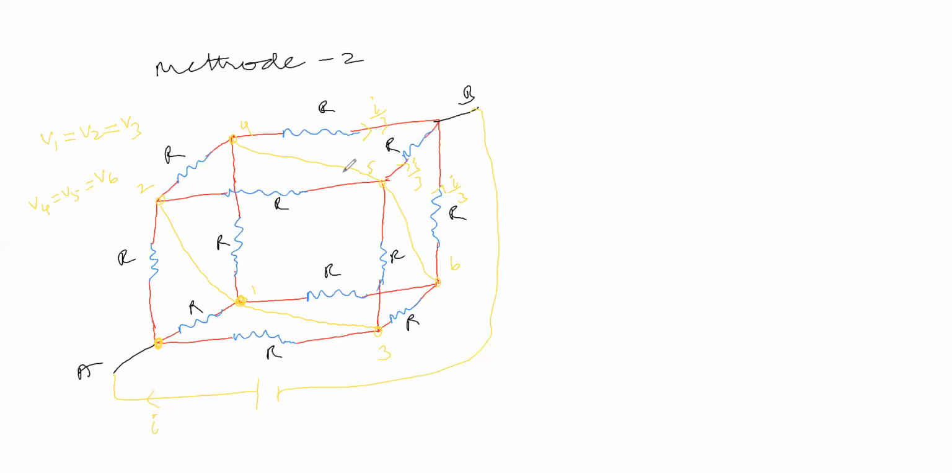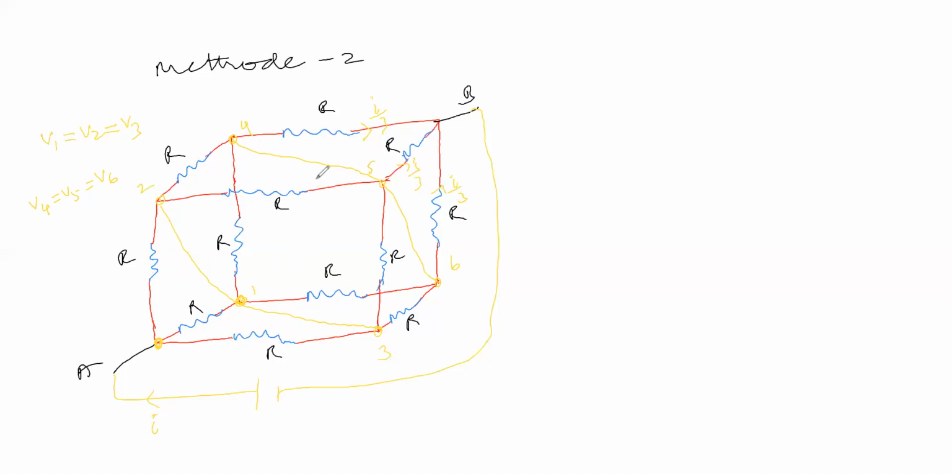Now see here, these three resistors are in parallel, because for these three resistors, one edge is commonly connected to one point and the other edge is connected to another common point. Similarly, these three are in parallel. And these six resistances have their first terminals connected at these points and their second terminals connected at those points, so these six resistances are in parallel.